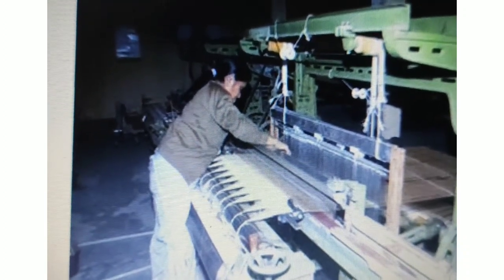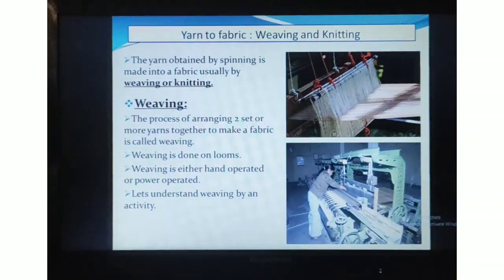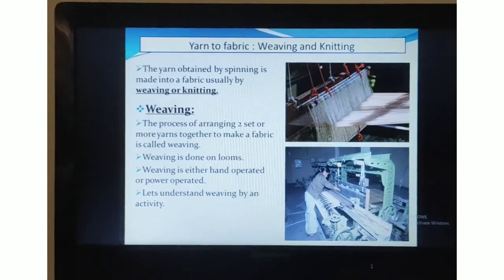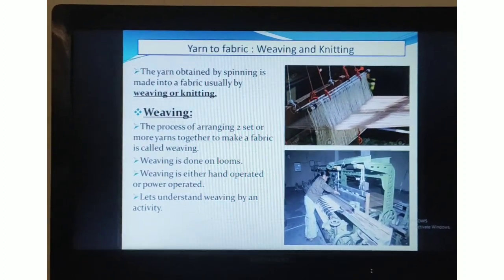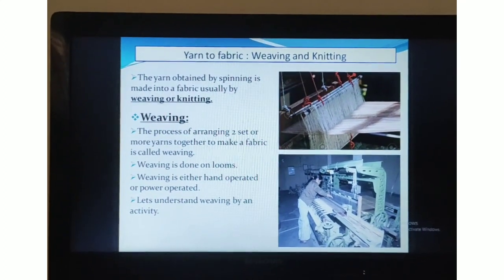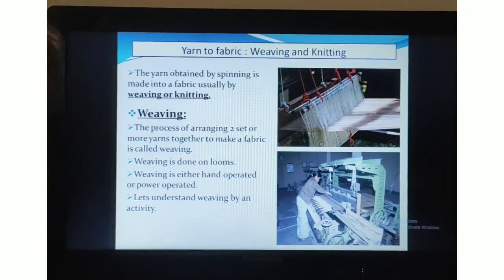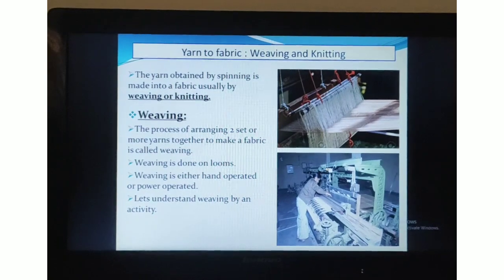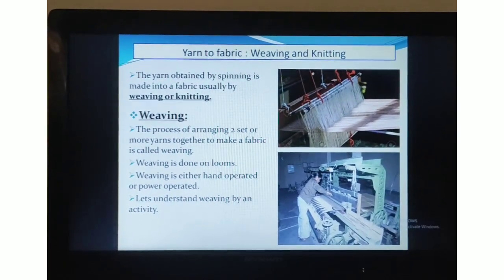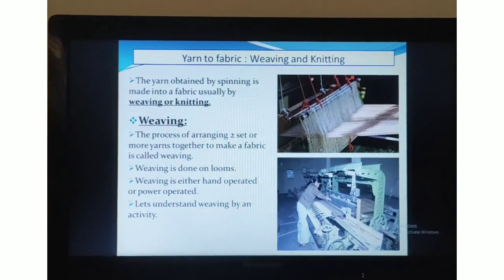In our India, both processes are used for forming fabric out of the yarn. Let me give you one example. Whatever clothes we wear, mostly this weaving process is done inside the machine, while some special traditional precious clothes exist, for example the Kanjivaram silk sari. Kanjivaram is a world famous silk sari, which belongs to South India.